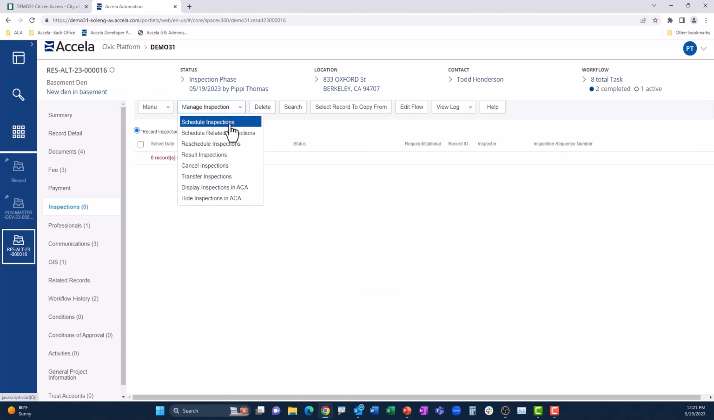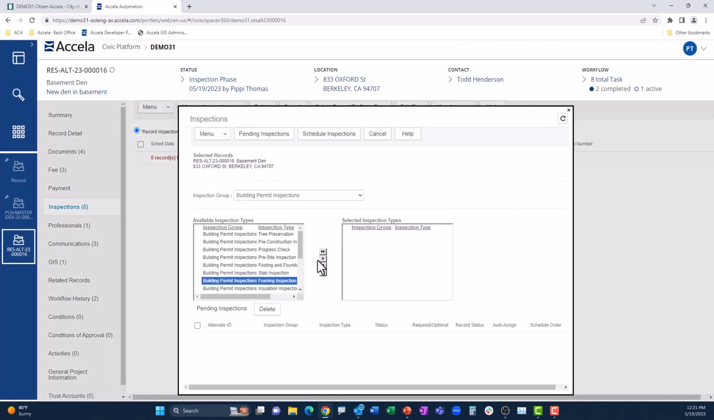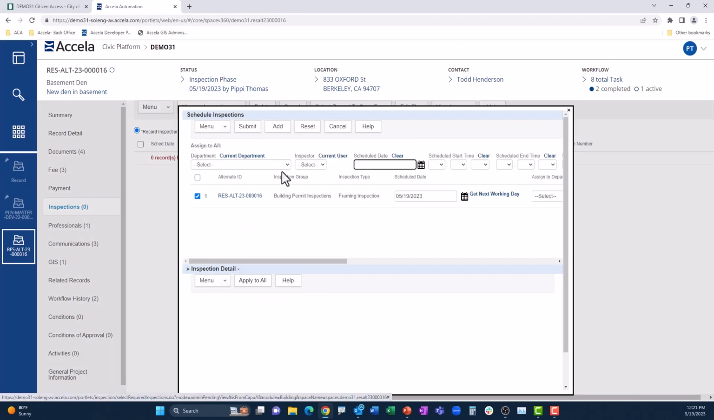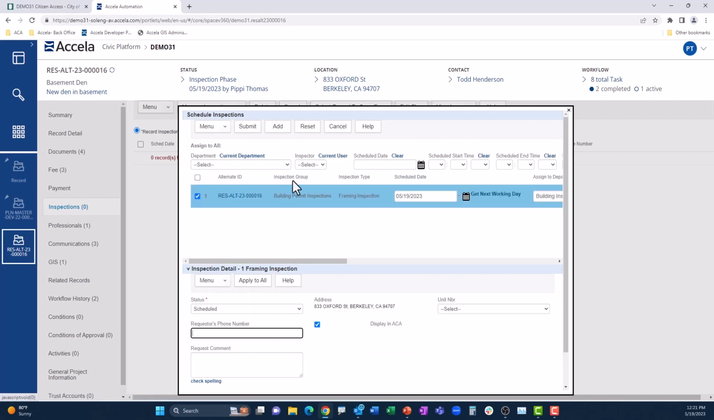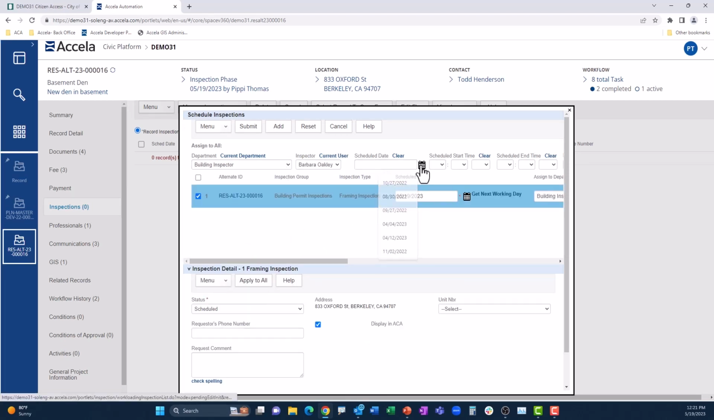Now it is time to schedule an inspection. I'm going to choose framing inspection. I will schedule the inspection with the proper personnel. In this case, we're going to choose Barbara Oakley